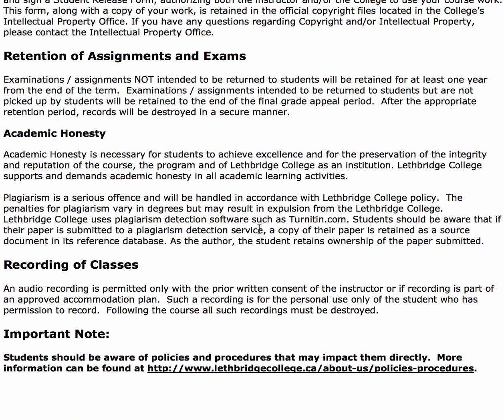And then the rest of it, retention of exams, I hold on to them for a while. Academic honesty, we expect that you be honest if you are found cheating on doing things, or some academic honesty. Like in our class, you get to do those 5 sub-reports. And it's information about plants and animals that you have to research and find. And you have to attribute any information that you find to the proper sources. So if you're putting information in that's not your own, but you're pretending that it is, that's academic dishonesty. So you have to be careful with that. We'll talk about that in class too.